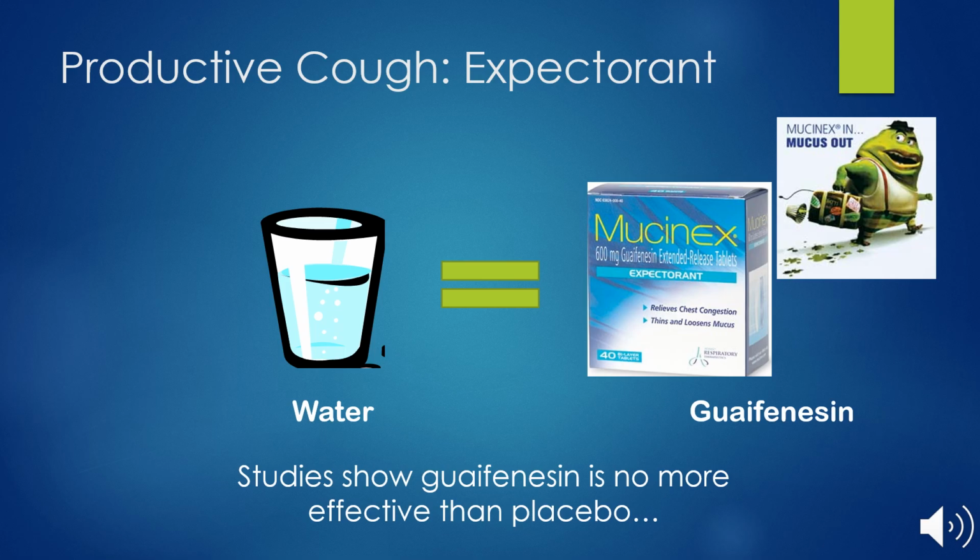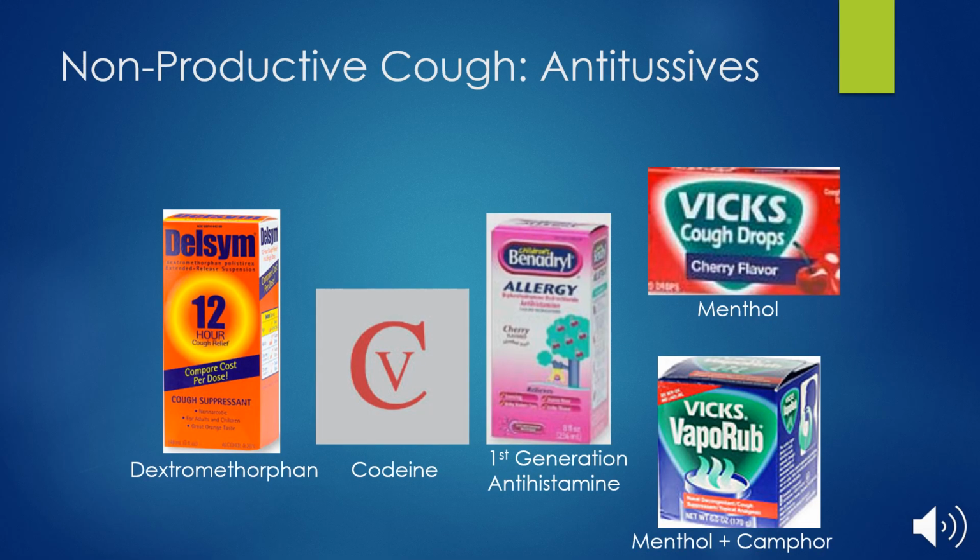And also with this, you're going to want to encourage your patient to try to cough it up as much as possible, because the medication is going to help loosen it up and thin it out. But ultimately, in order for them to get better, they're going to need to cough it up and spit it out. So moving on to some of our non-productive cough agents, I think the most popular one here will be